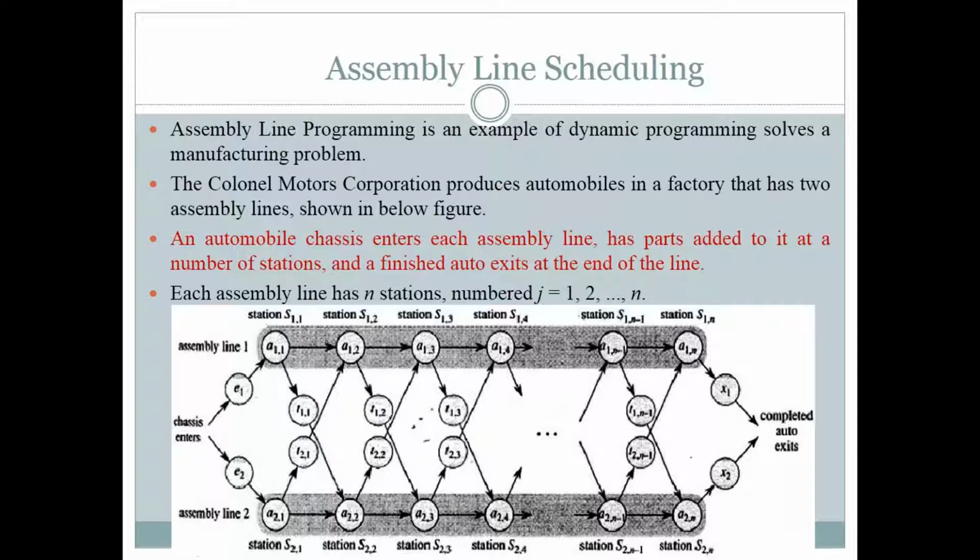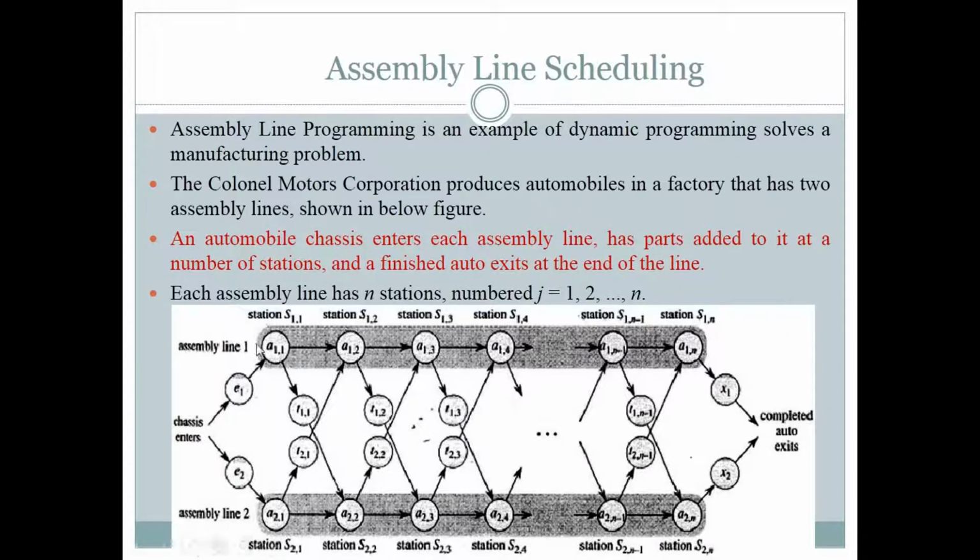For example, you can use station S1 for adding your wheels, but you can use station S2 for adding your headlight, and again you can use station S3 for adding steering. It means you can use any station of either assembly line. Your purpose will be to get the minimum cost for manufacturing your automobile.